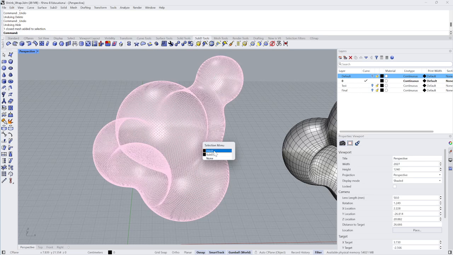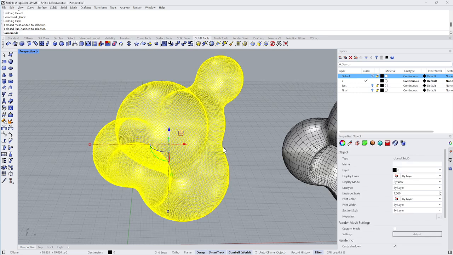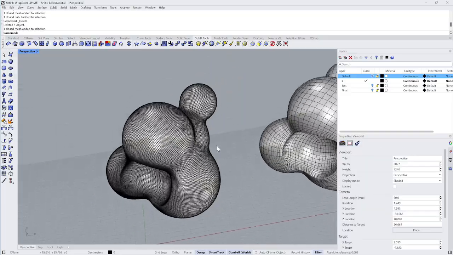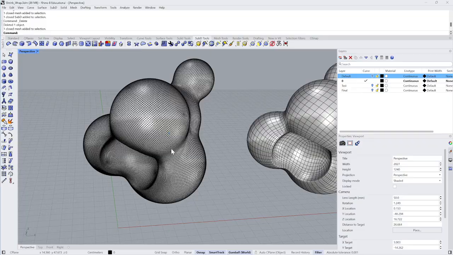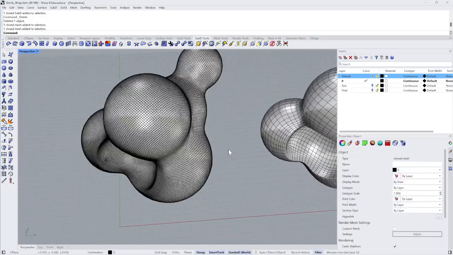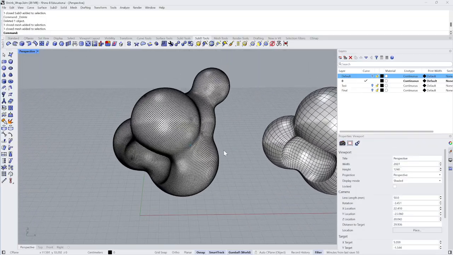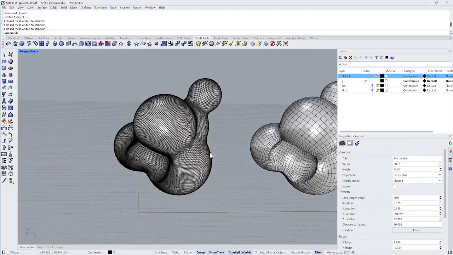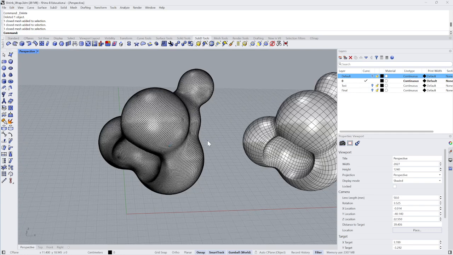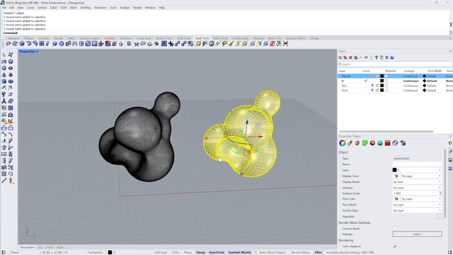Yeah, okay, I can just select the sub-D and delete that, and now I have my mesh. And this is what we're going to want to take into, let's say, Maya or Substance Painter for texturing, if we're coming from Rhino. The other thing I want to show you is how you could have multiple materials in